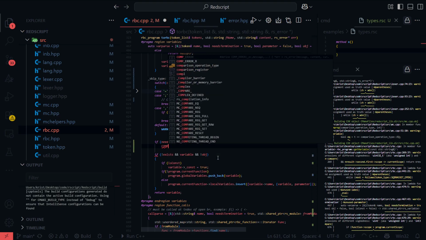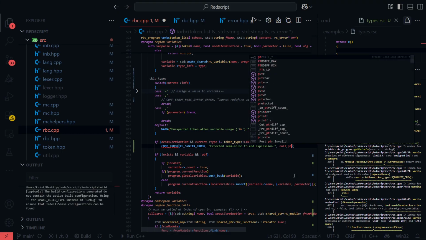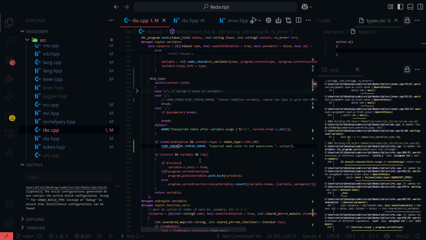Then we can compilation error with the syntax error saying expected semicolon, I guess, to end expression. And this returns null pointer. Something went wrong, so we need to use the return value macro.